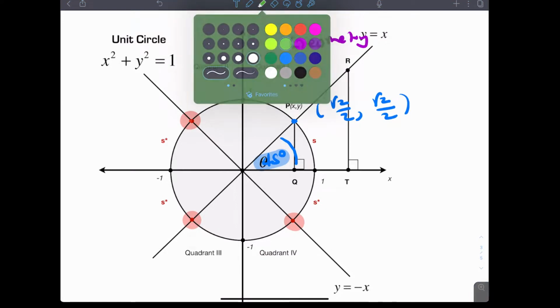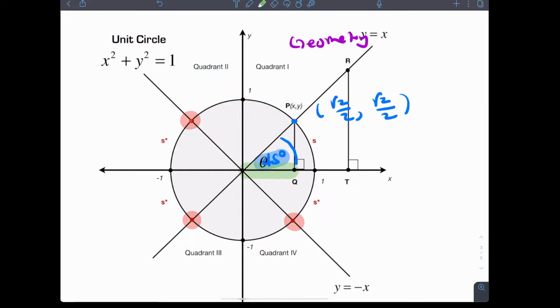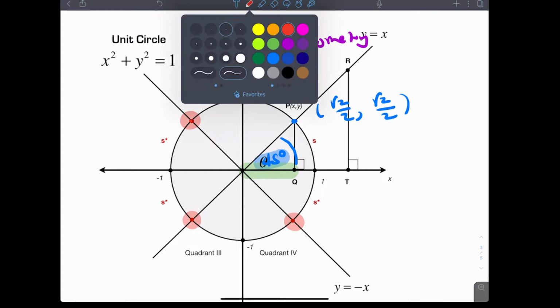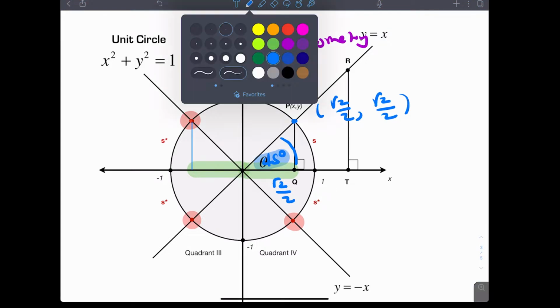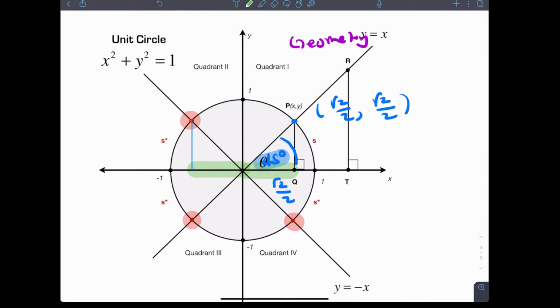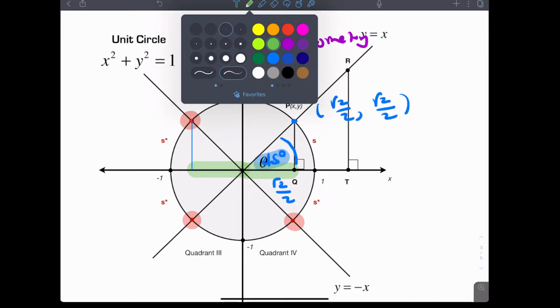So, if this distance was the square root of 2 over 2. You see that distance here? What should that be? Yeah, that's good. Oh, that's the same distance. Okay? It's the same distance. However,